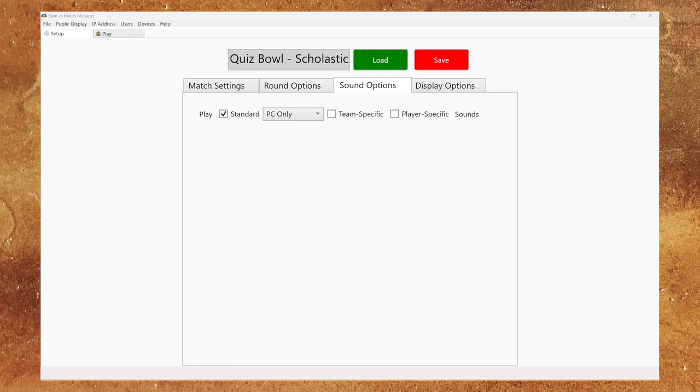Howdy folks, QuizBowl Pro Desktop Match Manager here for your sounds and display options, the last two tabs that are